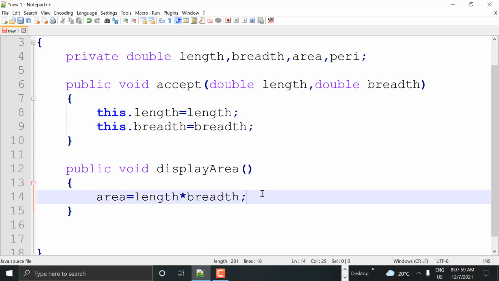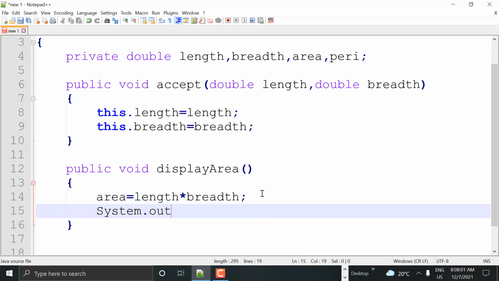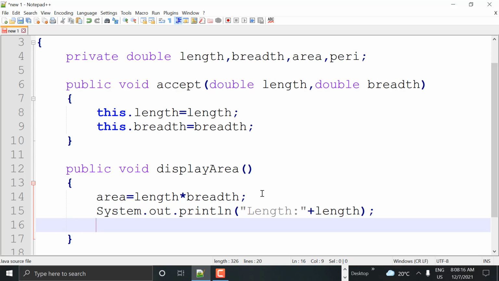And to display this, I'm writing System.out.println. I'm printing here length, then the length value, and breadth, followed by the area of rectangle.